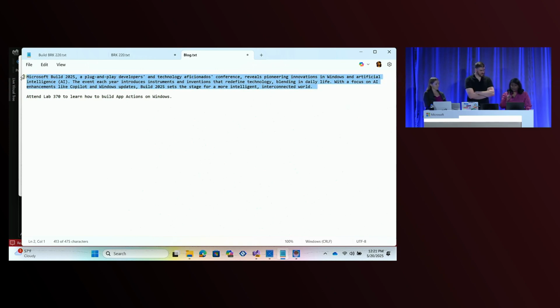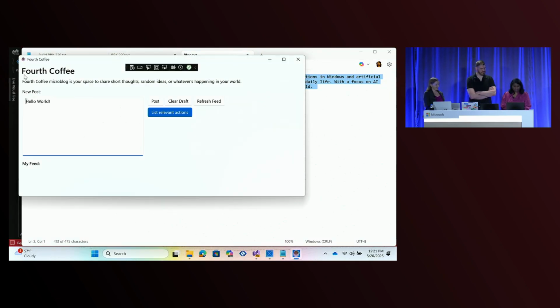However, I have heard from somewhere that there is this to-do list app that allows me to create to-do items. So even though this is a microblogging site, I want to add actions for sessions and labs that I should attend. I know, Sasha, you had told me about some lab to go to.